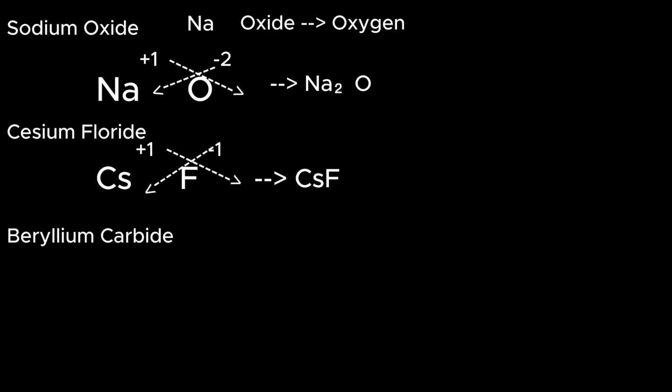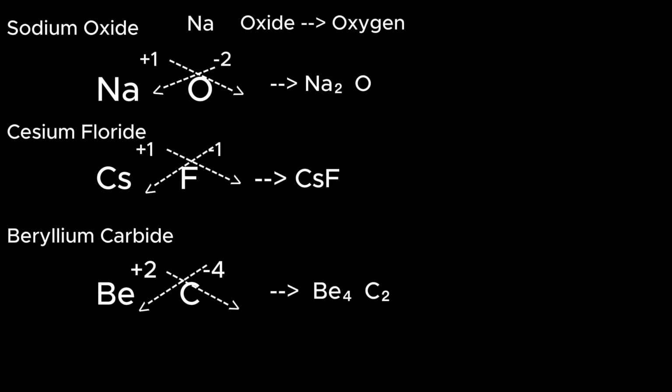Now we got beryllium carbide. So beryllium, element 4, is just Be, and it has a charge of +2. And now we have carbon, and this has a charge of -4. So using the crisscross method, there's 4 Be's and 2 carbons. So you get